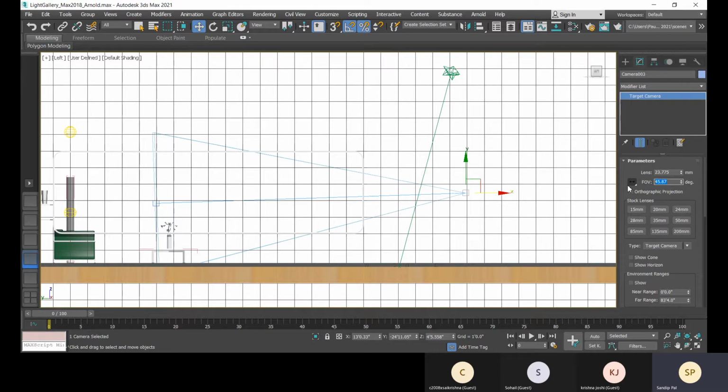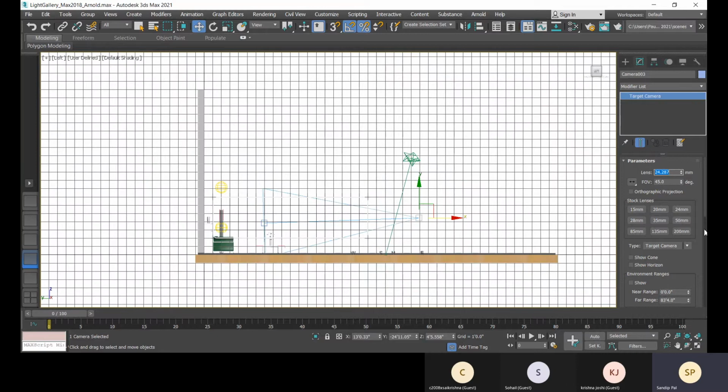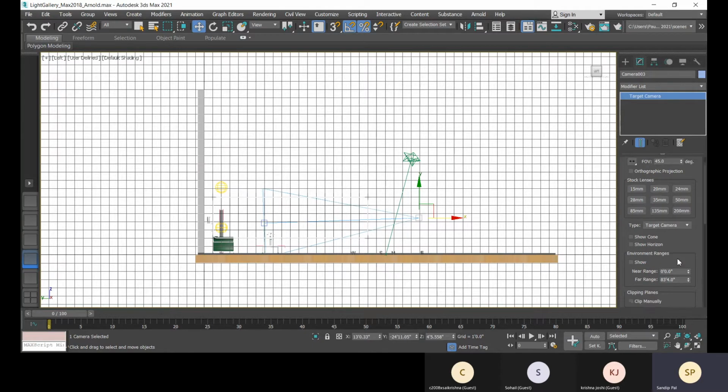That is like 45. Okay, now you can even change this from target camera to free camera, and vice versa. Okay, and now what is the environment range?